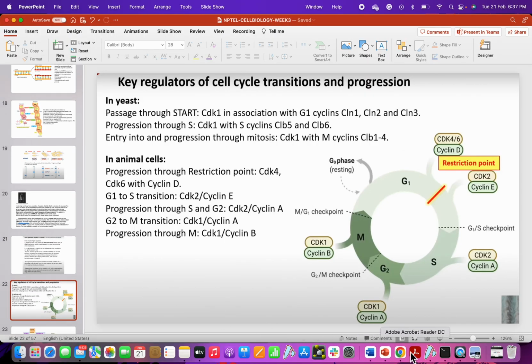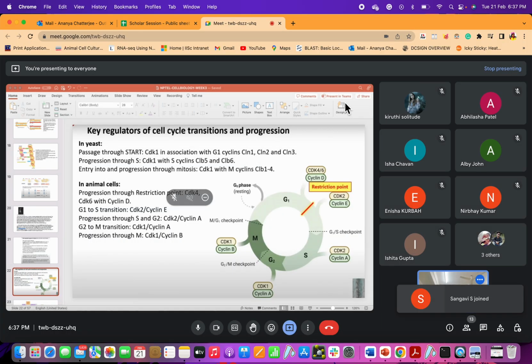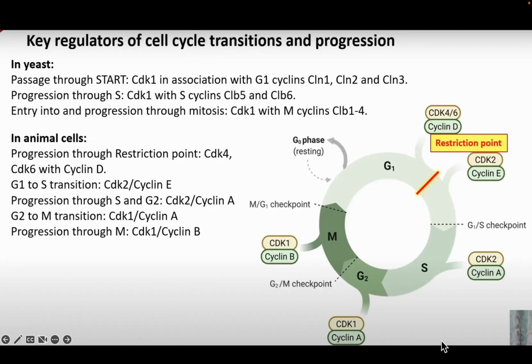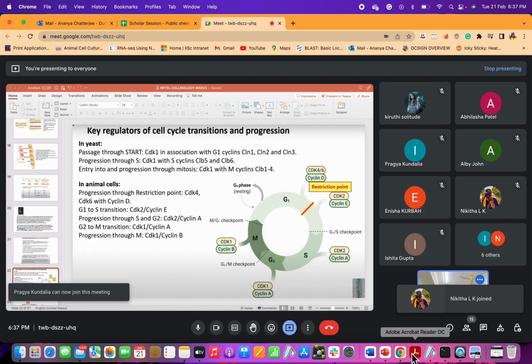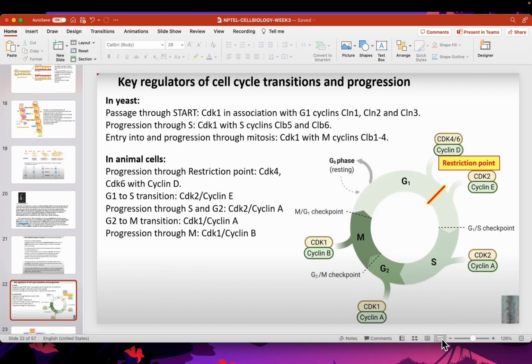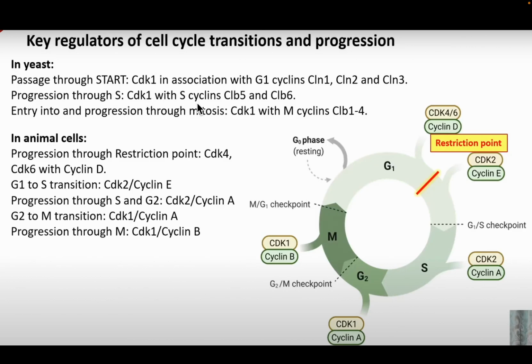In yeast, passage through start is regulated by CDK1 in association with G1 cyclins, cyclin 1, 2, and 3, and progression through S by CDK1 with S cyclins, that is CLB5 and CLB6. Entry into and progression through mitosis,